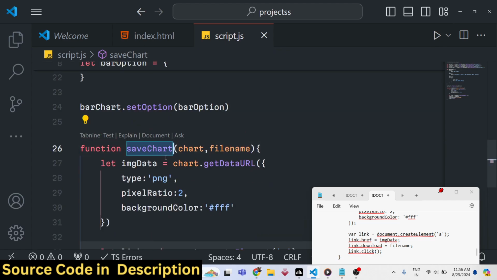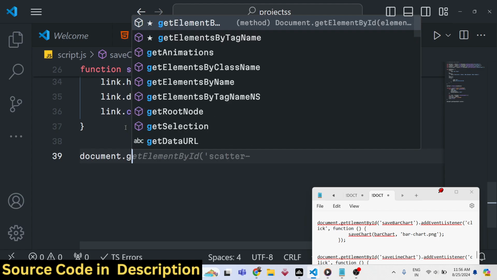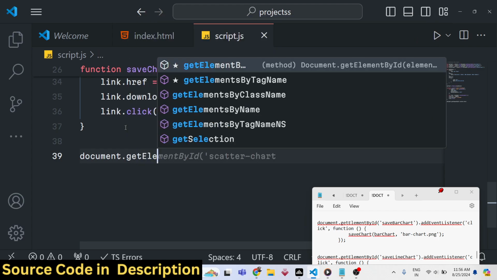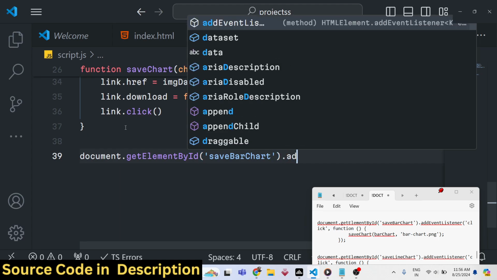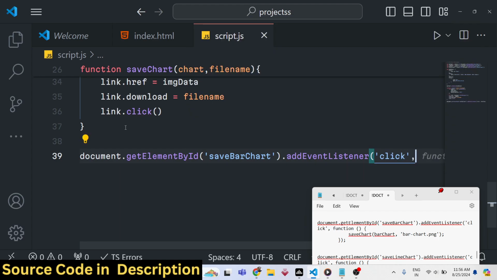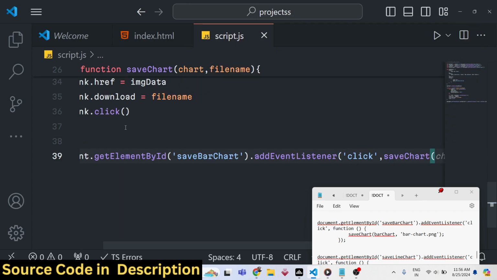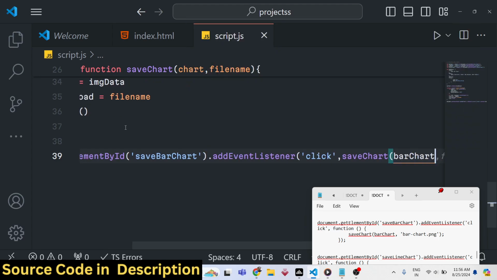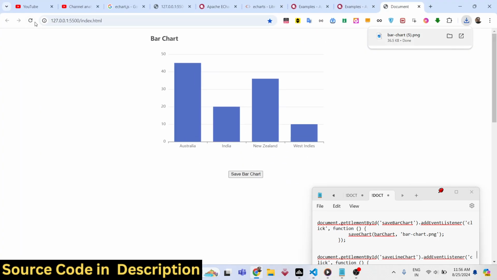So now we have actually written this function. Now we simply need to call this. So we can bind this function as soon as we click the save bar chart button. So we have given the button an ID here. So when we click this button, we will execute this function which is save chart, and here we'll be passing the reference of bar chart and the file name. So we'll be giving barchart.png. So if you now refresh and click this button,